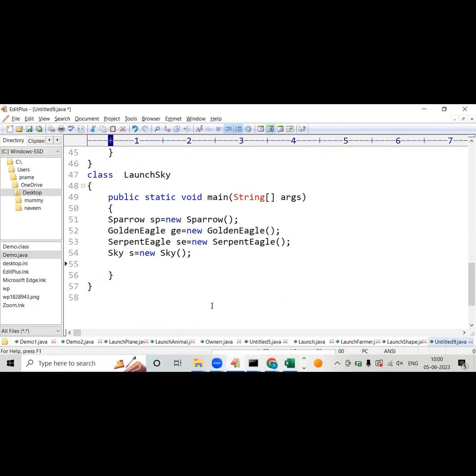Is it required to create an object of eagle? Can we create it? We can never create an object of abstract class. Getting my point? And next what? s dot